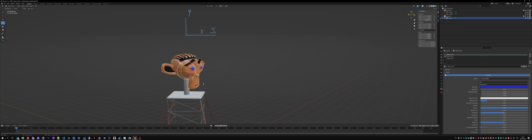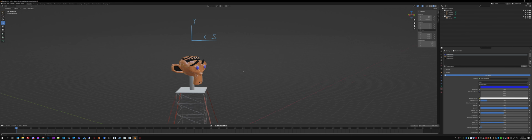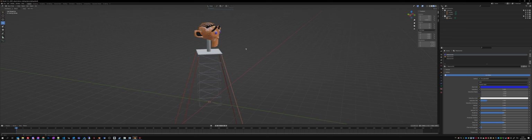Not sure if it's clear, but what does it mean? It means that just to correct the game behavior, you need to rotate this object by 90 degrees. In the past, I used to do it another way.